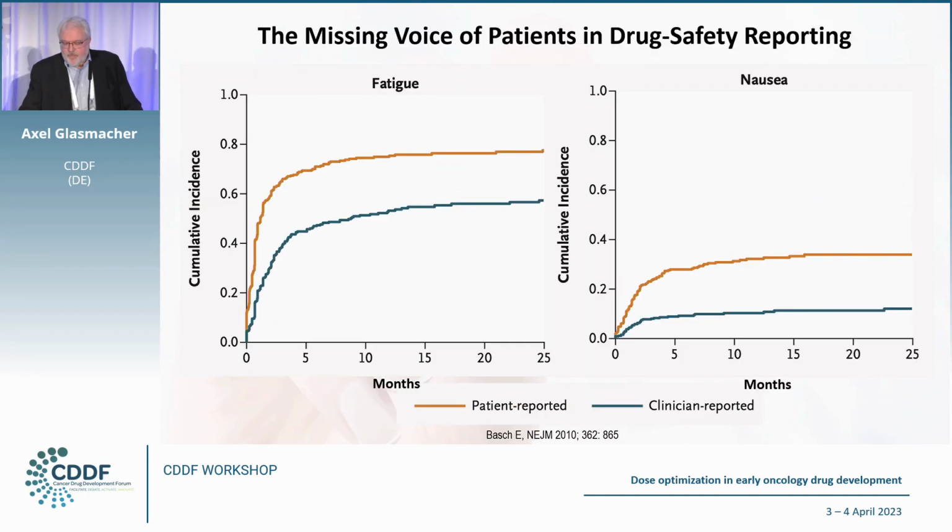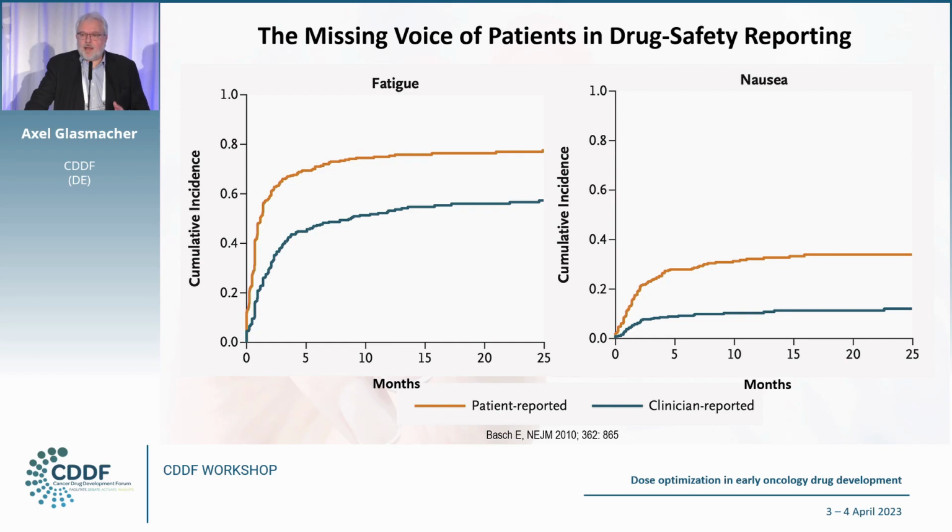And another very important part is the measurement of toxicity. Most of the treatments we give now are given for a long period. Again, my early experiences treating AML patients, we would give 1 or 2 induction cycles, then up to 1 or 4 consolidation cycles, and then it's over. And now most cancer treatments are given for a long period or until progression. So it's very important how much of the